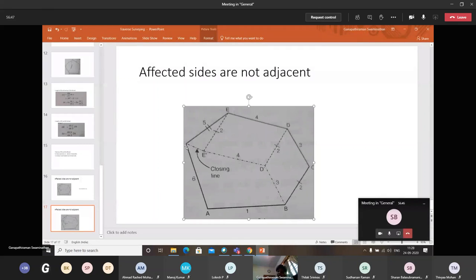So you get E dash F as the closing error. You will find out the bearing and the length of E dash F. Then it is a simple triangle E dash E F. I think F is hidden over there. Then use the principle of the triangle and solve the problem. Is it okay? So with that we complete the chapter on